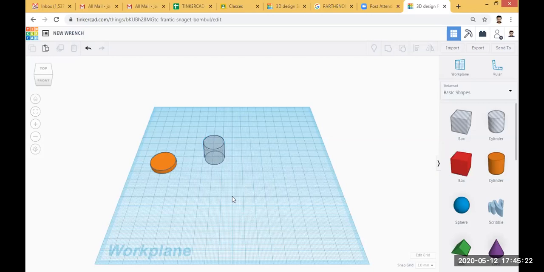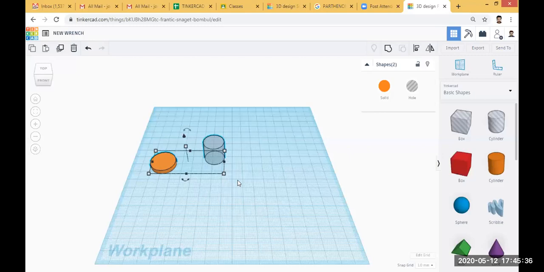Okay. Then I will move this hole to the center of this ring. So I just select these two objects with the help of the shift key. Then in the previous problem I have explained the command called grouping. Near to that command you can see there is an option called align. The shortcut key of align is actually L.